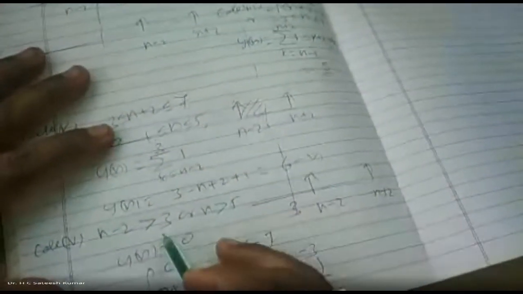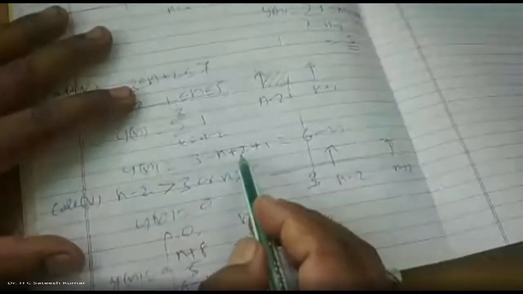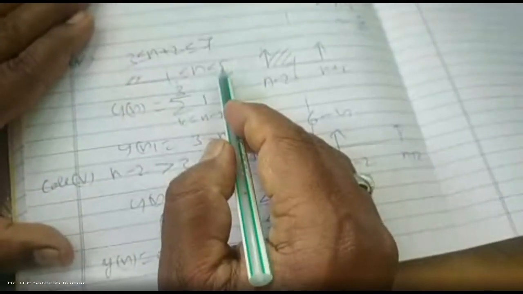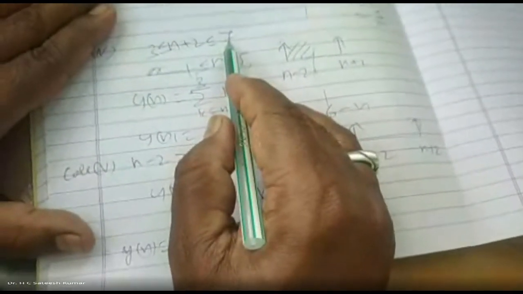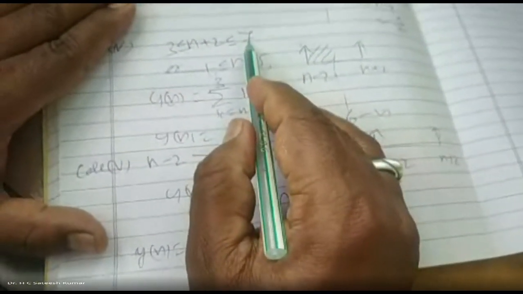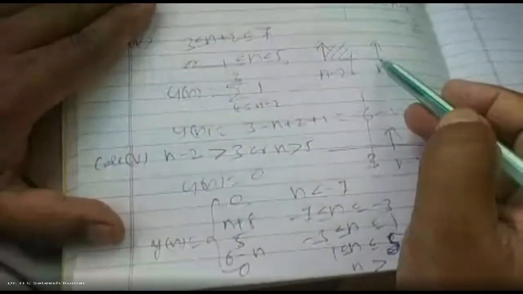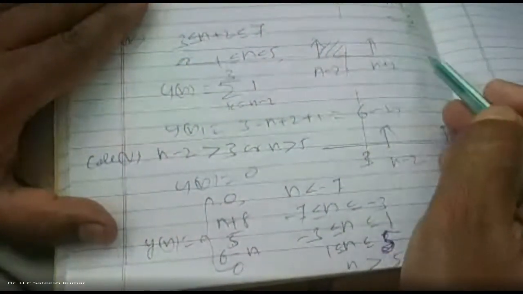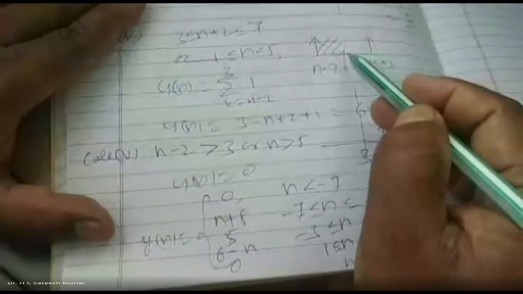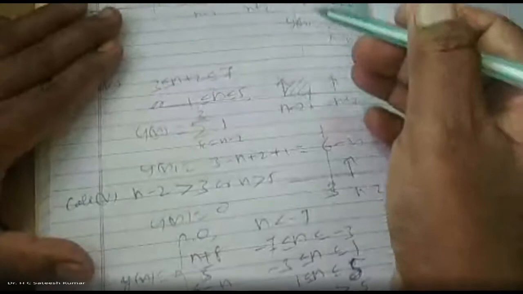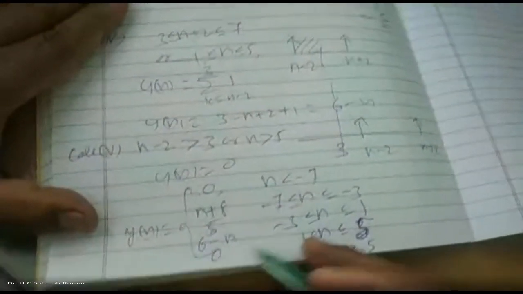N is equal to 5, 1 means what? What do you mean by n is equal to 5? N is equal to 5 is nothing but n plus 2 is equal to 7. What do you mean by n plus 2 is equal to 7? N plus 2 is equal to 7 means what? When the right edge is at 7, left edge will be at 3. So one element will be there, that gets overlapped. That's why you will get the answer as 1.